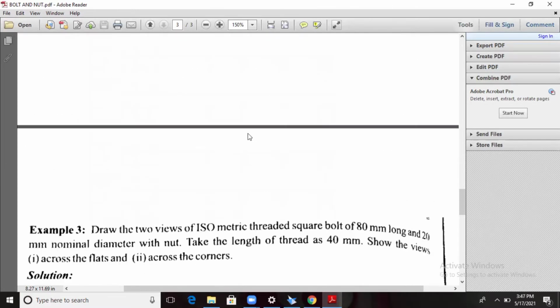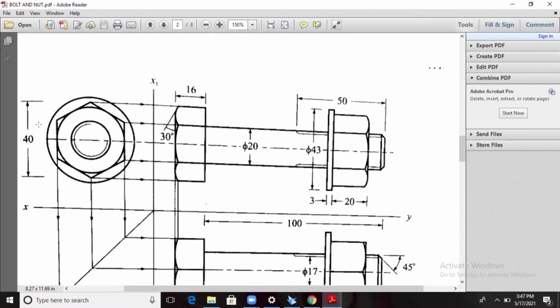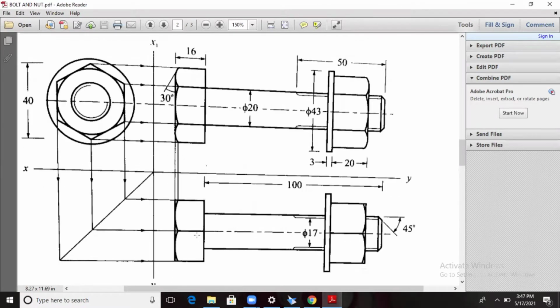Okay, you have to observe this one. See in the hexagonal bolt also, what happens in the hexagonal bolt? You keep this one with respect to edge. With respect to corner, the whole box is visible here. The whole box is visible. Chamfer is not visible. See, look at this one, that is the difference here. From the top you are projecting to the corner here, correct? So this is the corner. That's why it is showing the full box, including the chamfer. With respect to edge, definitely the chamfer is there. That's why you have to show the chamfer.